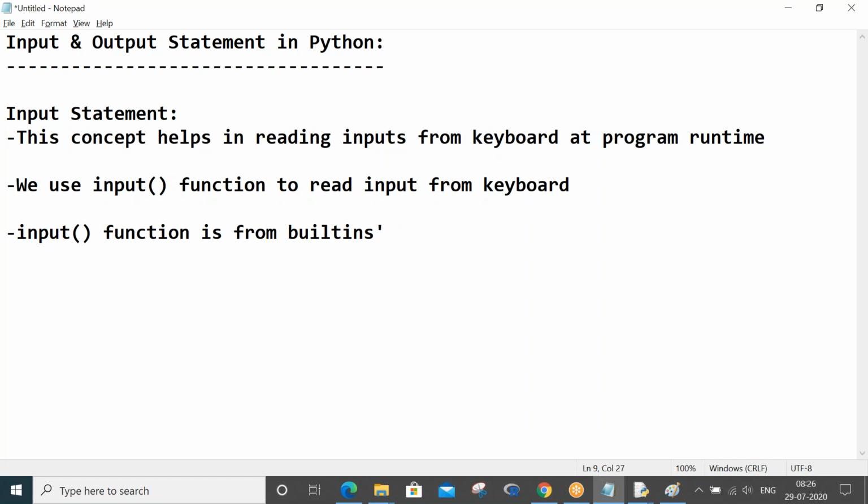I think you noted this point yesterday, but not an issue, you can note it down again. The input function is from the built-ins module in Python, which is a predefined module in Python.